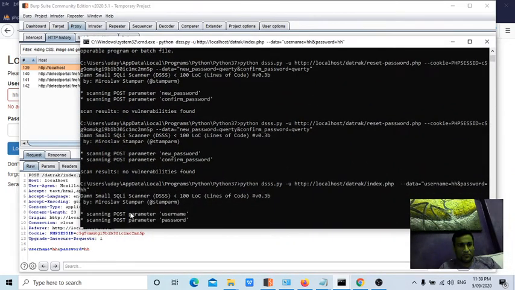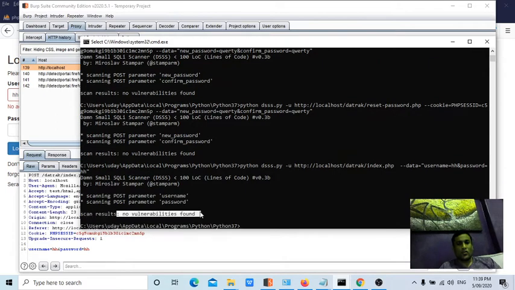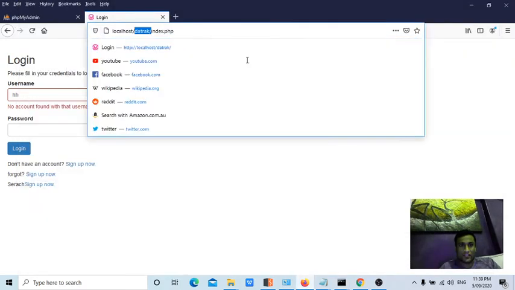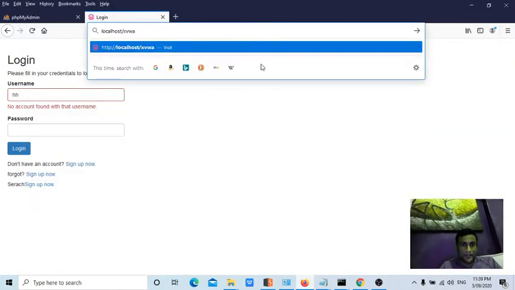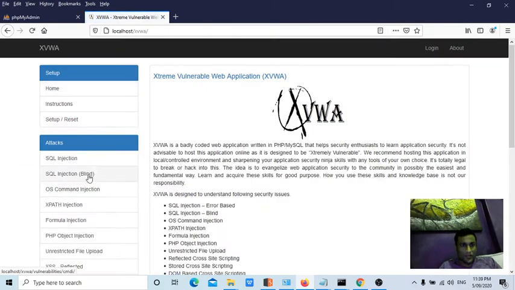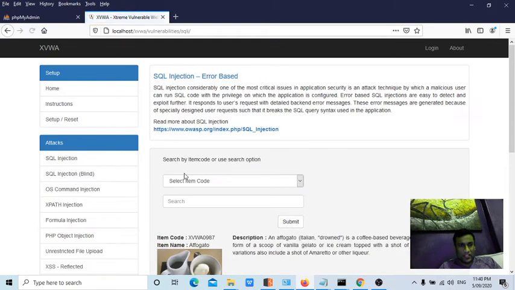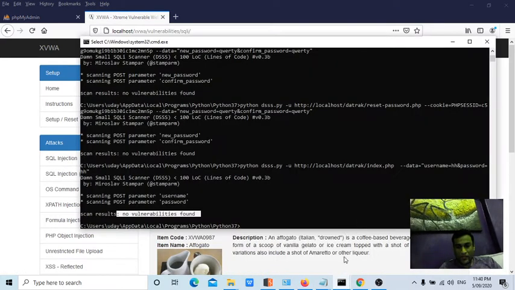Checking, scanning, post parameter scanning, no vulnerabilities found, because I know that, guys. Let's check for one page which is also vulnerable to SQL injection, guys. Because I have the DVWA application, right? We'll check for these two parameters then, like SQL injection. Now let me search for this page. Since they are saying this page is vulnerable, this tool should identify it, to know the effectiveness of this tool.